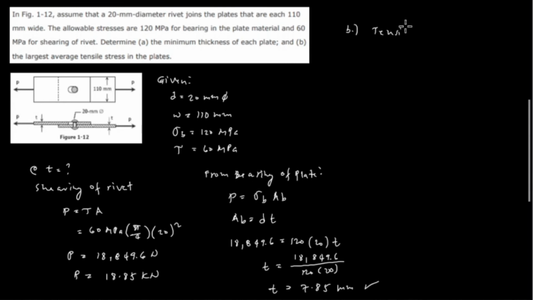So tensile stress, which is equivalent to P equal to sigma times A, where A is equal to the thickness of the plate multiplied by the net area of the plate, which is the width less the diameter of the bolt, or W less diameter, at 1, where P is equal to